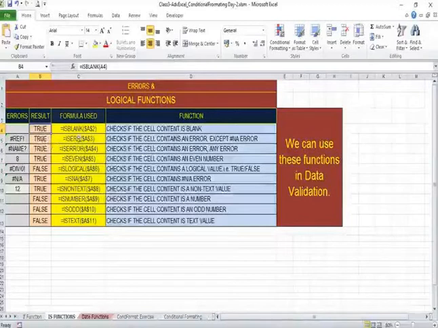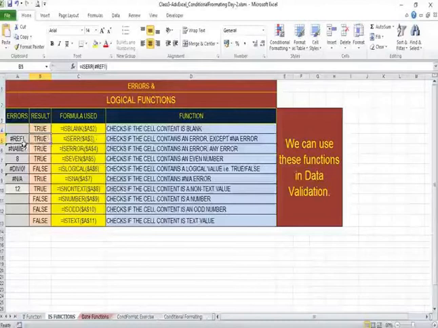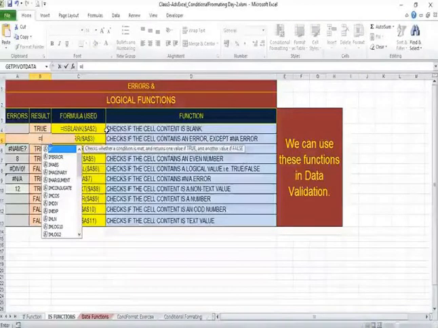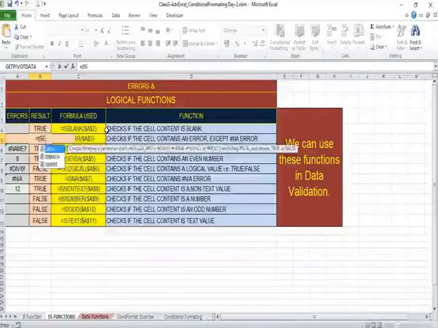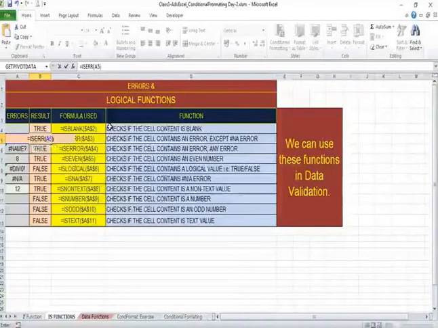The other IS function is ISERR, which checks if some error is there in the cell. Look, here a #REF! error is there, and if we check equal to ISERR, bracket open, A5, and close the bracket and press enter key.